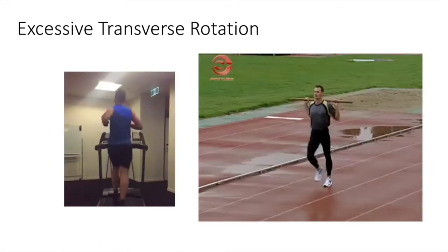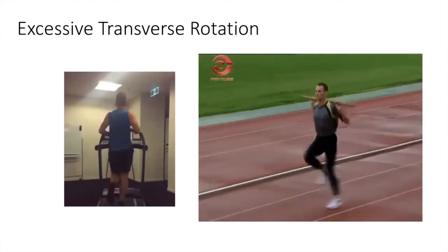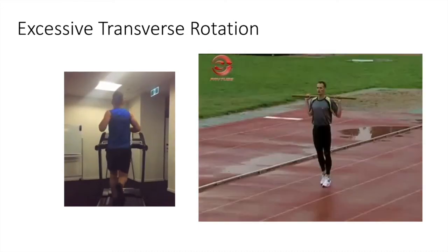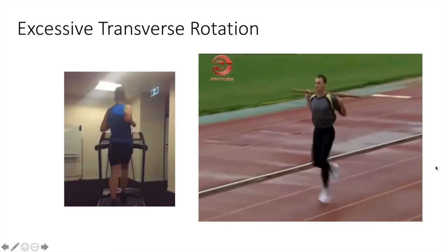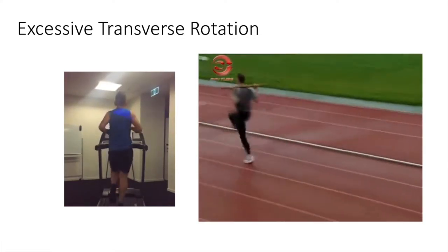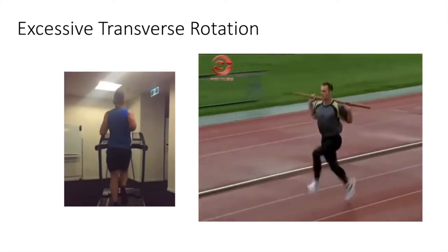Next thing we can look at is excessive transverse rotation. So we can see on the video on the left here, there's quite excessive rotation of the shoulders. And if you look closer, there's that rotation of the hips as well. So one drill that we can do to improve that is we can get a dowel, put it over our shoulders, whether it's a broomstick or a PVC pipe, put it on our shoulders, and we can do some